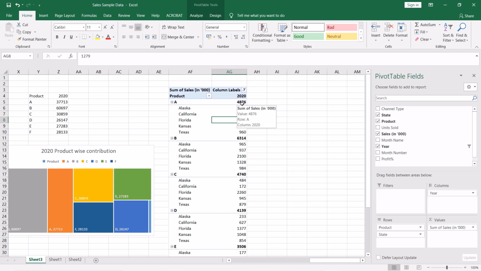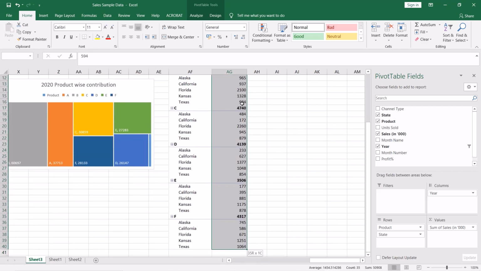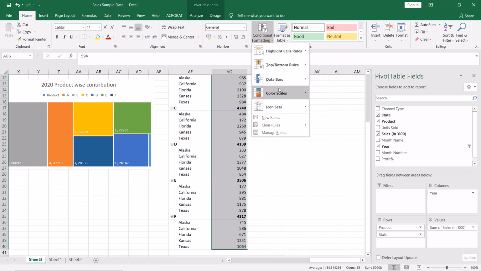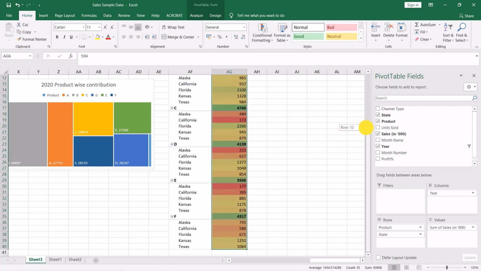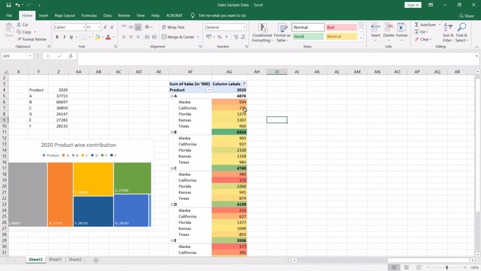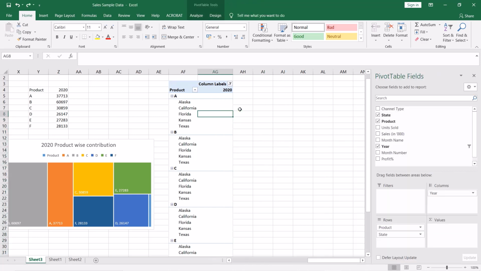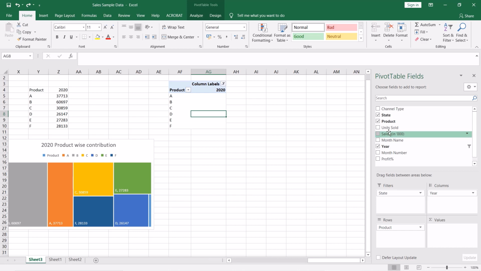You can do conditional formatting over here. Select the data, go to the color set, like this. But this is also not useful, so I will show you a better trick rather than doing this kind of analysis.